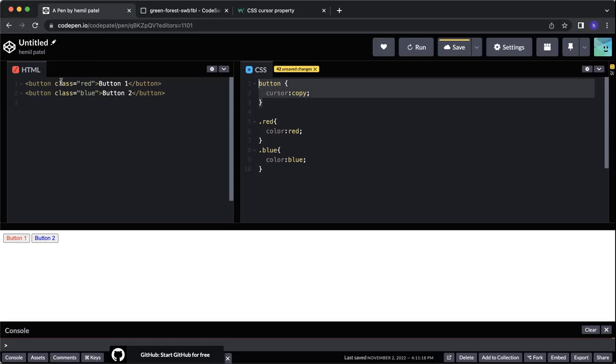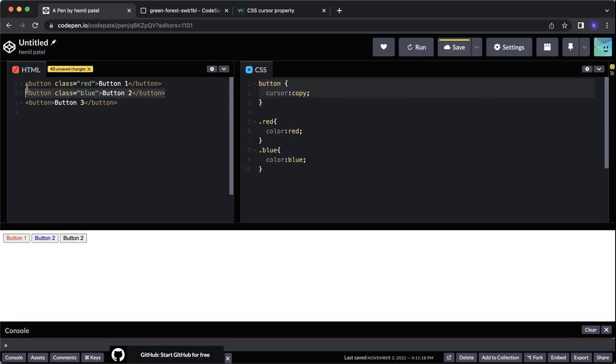Now I want the same background color for both buttons, right? But then I have a third button, which I want to have a copy, but I don't want any other style. I don't want to change its background, for example. So let's add 3 here. So I have a third button. The third button, I don't want any style change. The only thing I want is for the cursor to be copied, so all 3 have the same cursor. But